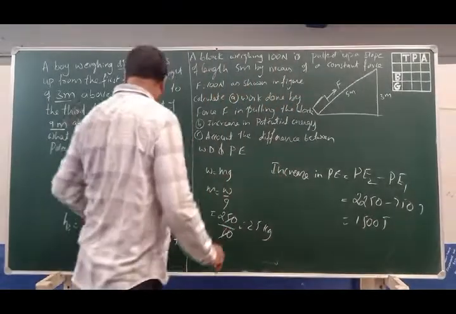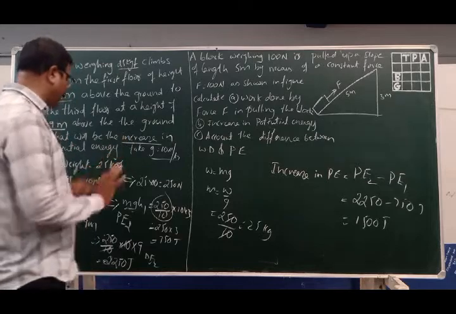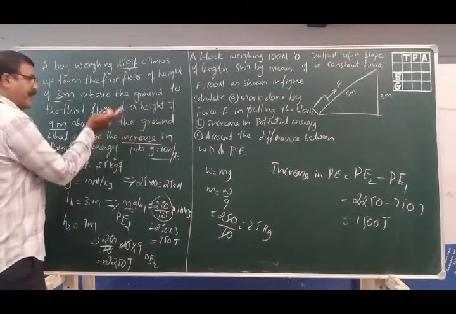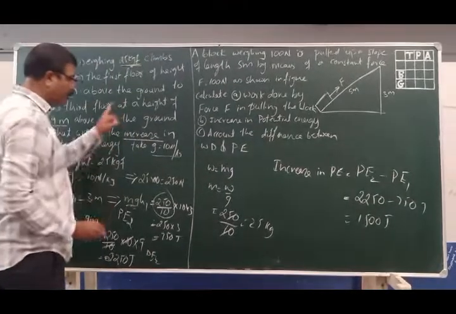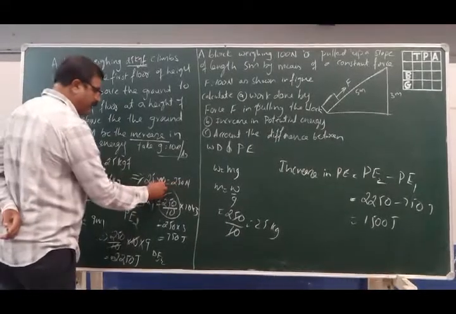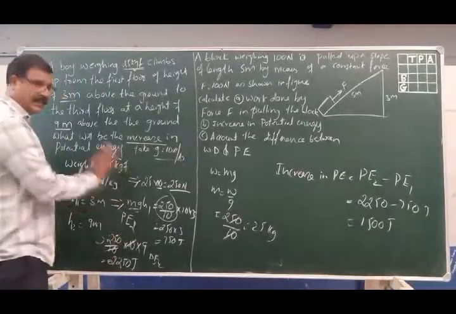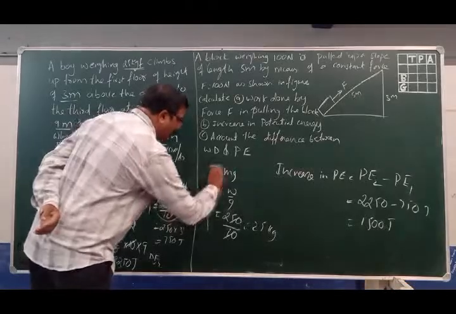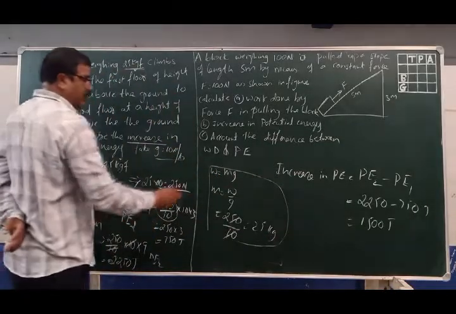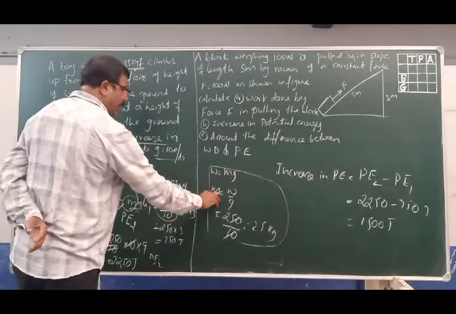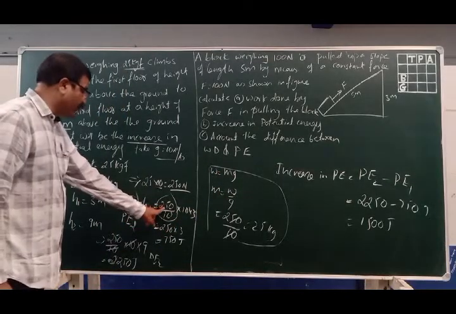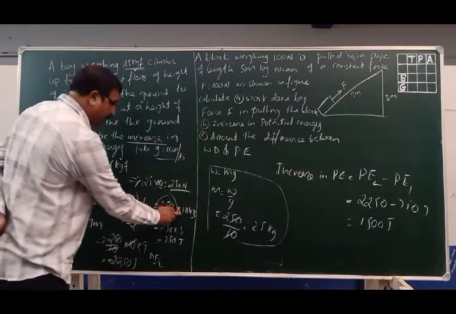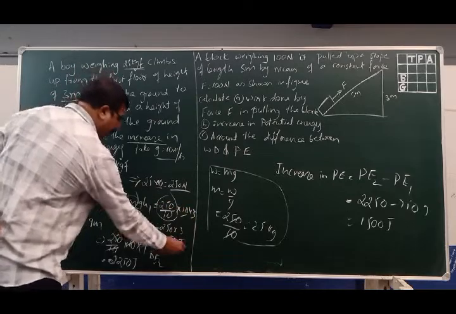Once again I will explain it here. Please don't confuse. I have taken this problem to make you understand how to convert the unit kgf, that is kilogram force, into Newton. First I multiplied it by 10 to convert it into Newtons. Next, I exactly want the mass. So I have shown you how to convert it into mass: W is equal to mg, or m is equal to W by g. The weight we have is 250 Newton, so I divided it by 10 into g, that is 10 into 3, and got 750 joules.